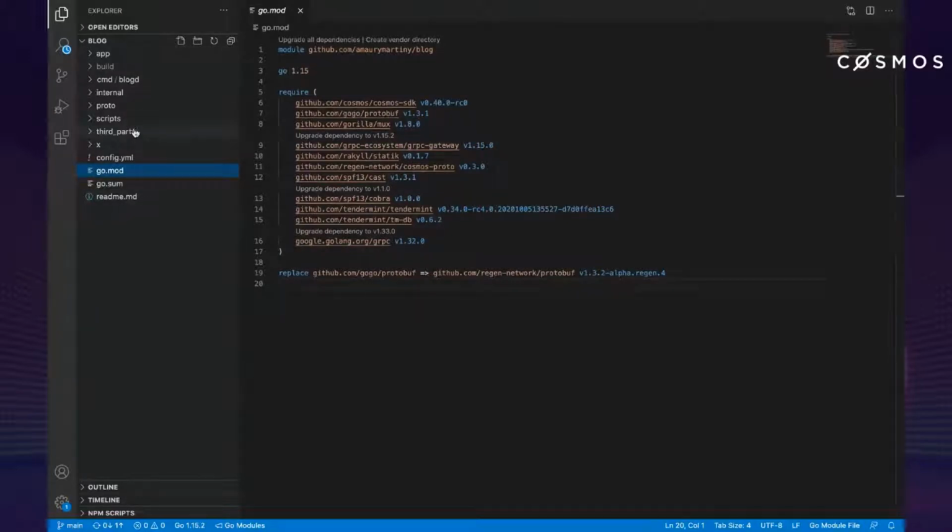and some folders here. The main folder that will concern us is the x/blog folder. This is our module. There's a convention in the Cosmos SDK to put all the modules under x/module name. In the Cosmos SDK official repo, it's also like this. Yeah, so that's where people keep their modules, and in the modules, that's what we're gonna modify in the next